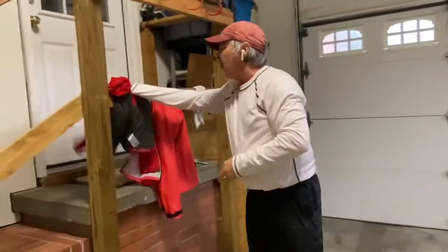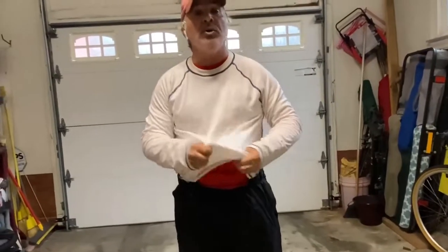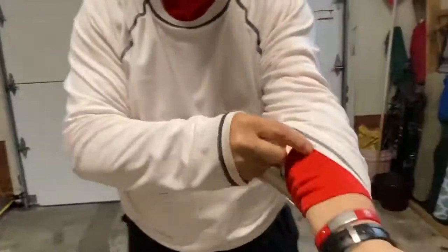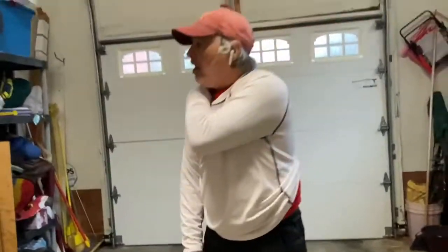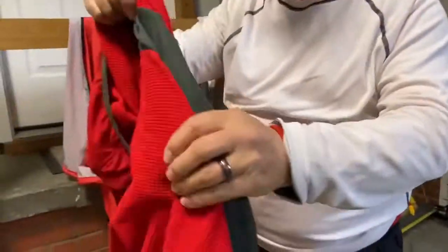Now my second layer is just a real inexpensive polyester long sleeve shirt that I wore. I'm not going to take it off, but I wanted to show you my number one layer today, was a Smartwool long sleeve shirt. And right now, what I can tell, I'm dry here, dry here, and also, and it rained pretty hard,